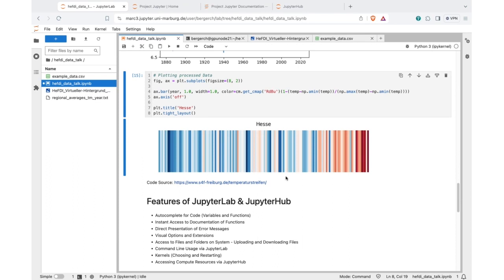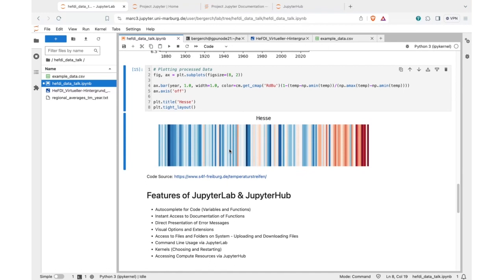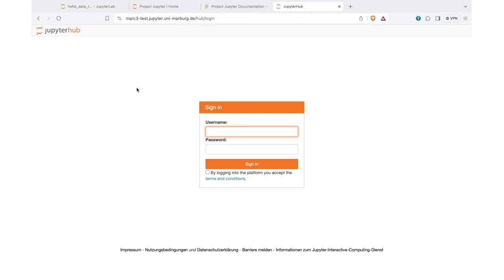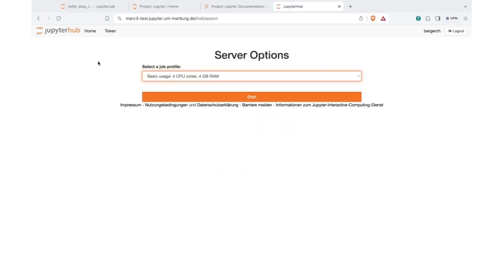And as I already mentioned, this is JupyterLab that we're looking at. This is the user interface. But you could also look from a different perspective. What's the difference to JupyterHub? JupyterHub mainly looks something like this. If you go to the web page, the link you get provided, it is first of all a login page. And if I log in here and accept the terms and conditions in this JupyterHub, which is the one